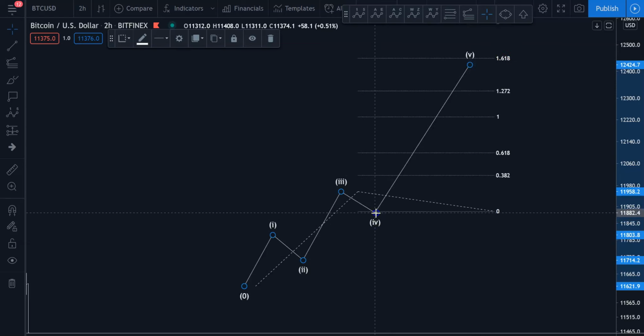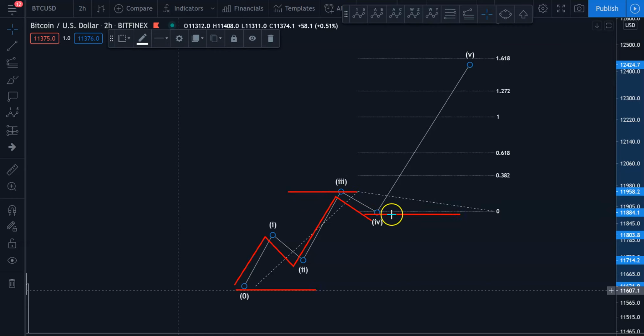So every time you're seeing extensions in the fifth wave, and because sometimes the counts will be a little bit different, and that comes with practice and experience. So you can have a 1, 2, and then another 1, 2, but this all depends on the shape of the second wave, guidelines of alternation and all that, for us to identify if it's a 1, 2, 1, 2, or if it's a 1, 2, 3, 4, and 5. But for the purposes of today's discussion, you want to measure this fifth wave, and what you need to know is that you need to measure between the bottom of wave 1 to the top of wave 3 and multiply that from the origin of wave 5, and that has to travel 161.8 or 1618. Okay, so that's how you target